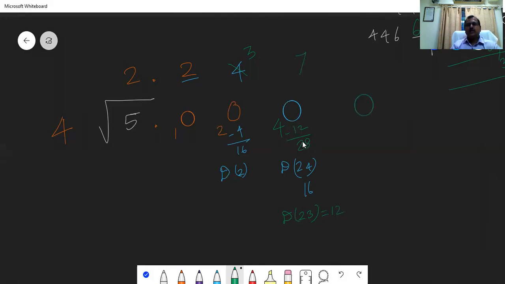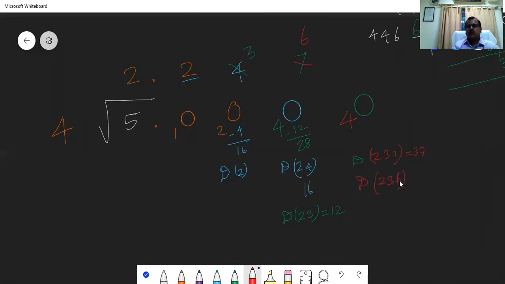But we cannot put 7 here, subtract from 0. 2 3 7. What is your number for 2 3 7? Backtrack again. 4 into 6, 24. Remainder 4. When you take 2 3 7, 2 7s are 14 into 2, 28 plus 9, 37. We can't subtract from 0. So it is backtracking. It becomes 6. So in 28, 6 4s are 24. Balance 4, 40. Now 2 3 6.